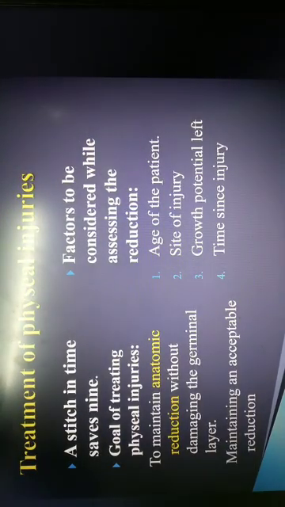Treatment of physeal injury: treat as early as possible so that the outcome will be good. The goal of the treatment is to maintain the anatomical reduction without damaging the germinal layer, maintaining an acceptable reduction. Factors to be considered while assessing the reduction are the age of the patient, site of the injury, growth potential left, and time since injury. If the time since injury was more than 7 to 10 days, it is advisable to accept the deformity in type 1 and type 2 injuries rather than risk further damaging the physis. Lateral corrective